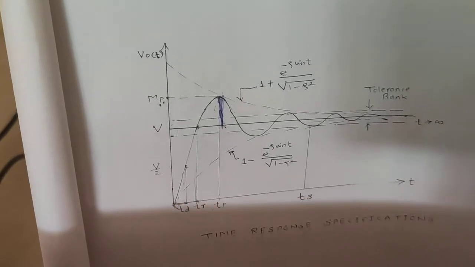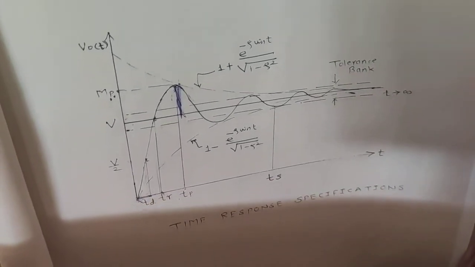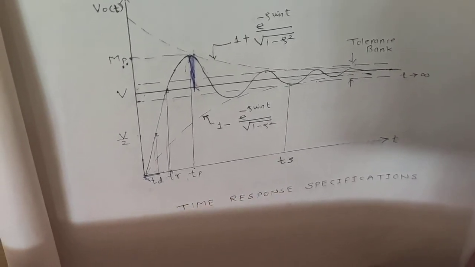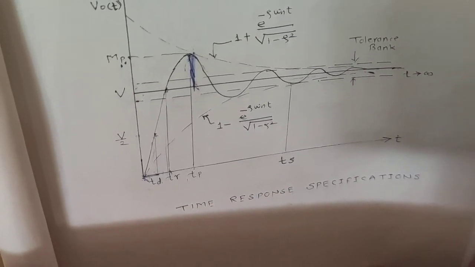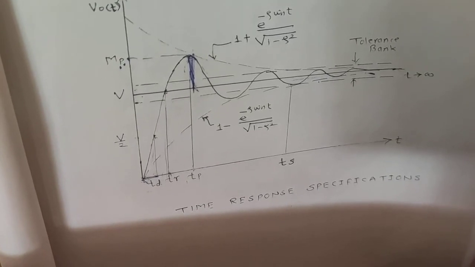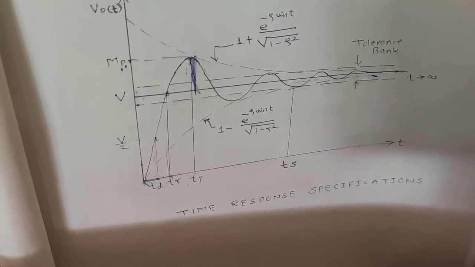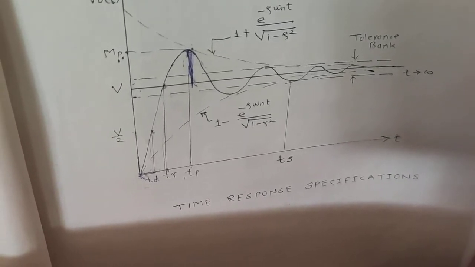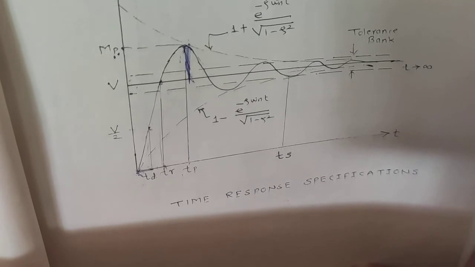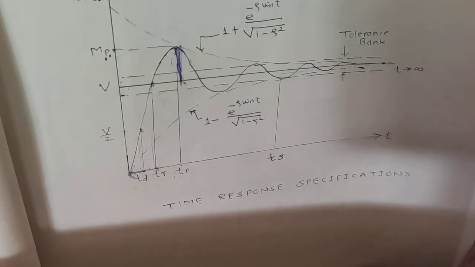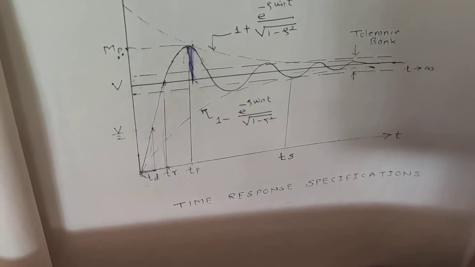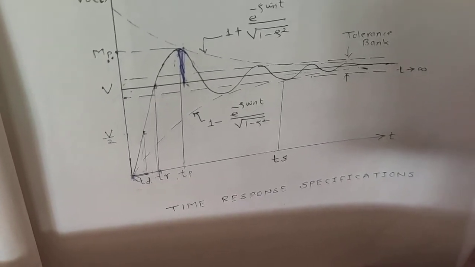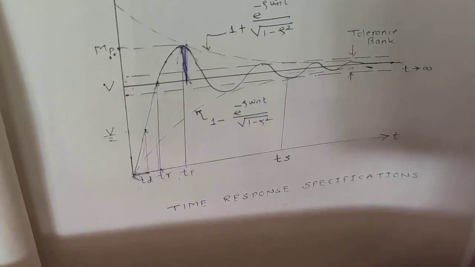Okay, now the same response you are viewing. The time required, total voltage is the reference value 0 to V, and what is the half? It is V by 2. So whatever the time required to reach from 0 to V by 2, that is the delay time, and the rise time is the time required for the response to reach 0 to 100%, meaning 0 to V, when your system is underdamped.